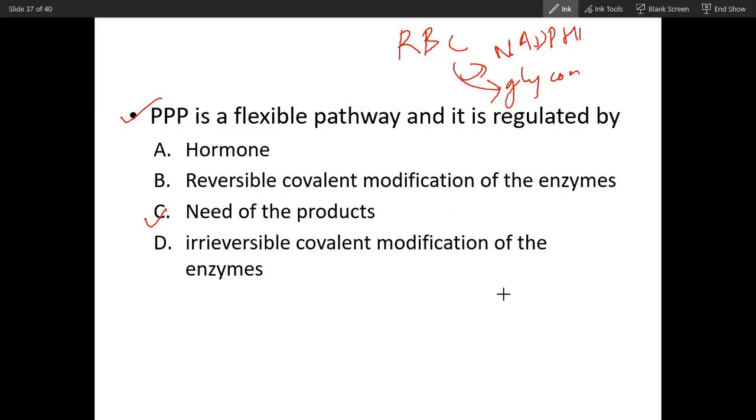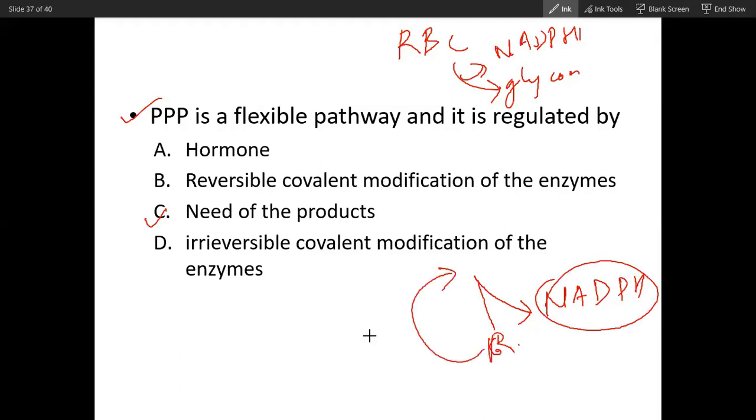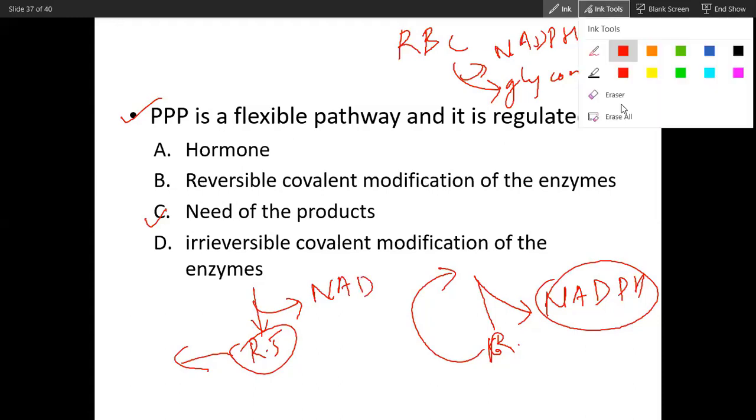In other cells like adrenal medulla, there is need for NADPH, then there will be NADPH only, and then more need of ribose phosphate will also convert it to this. And if there is need of both in a dividing cell, there is need of ribose 5-phosphate, it will be consumed, and then NADPH will also be consumed. So according to need, it will increase.